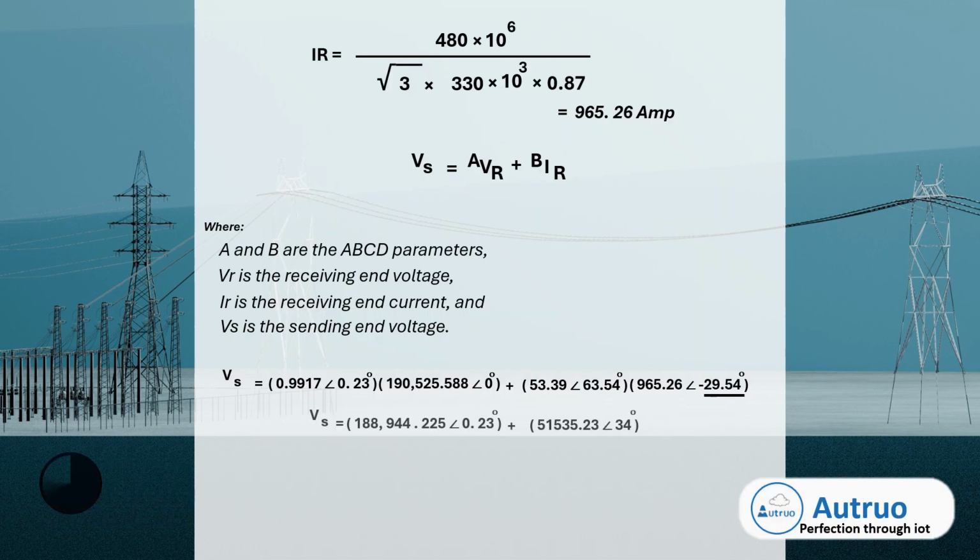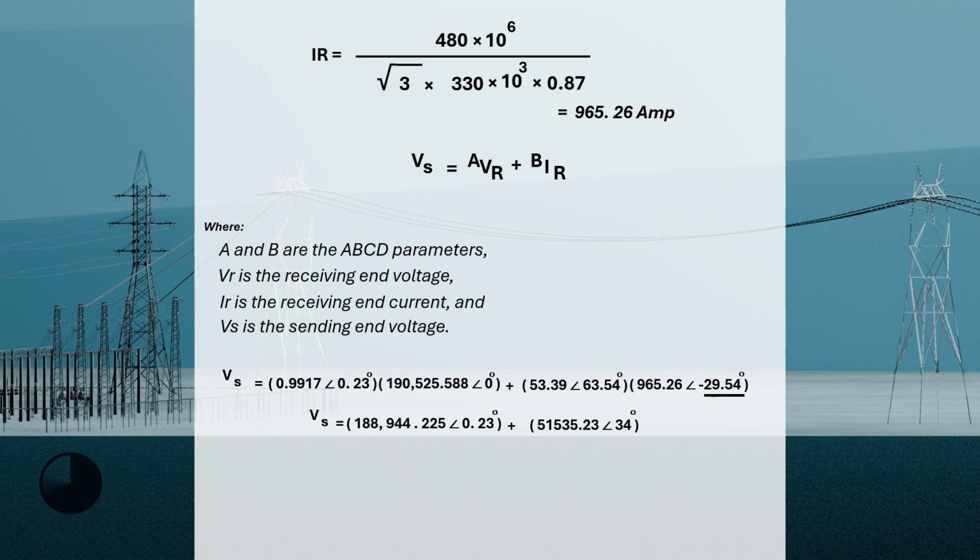The first term, which is parameter A times the receiving end voltage, has a magnitude of approximately 188,944.23 volts at an angle of 0.23 degrees. The second term, which is parameter B times the receiving end current, has a magnitude of about 51,535.23 volts at an angle of 34 degrees. To add these two complex quantities together, we must first convert them from polar form to rectangular form. After conversion, the total sum is approximately